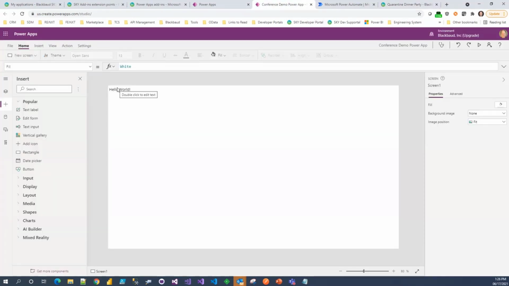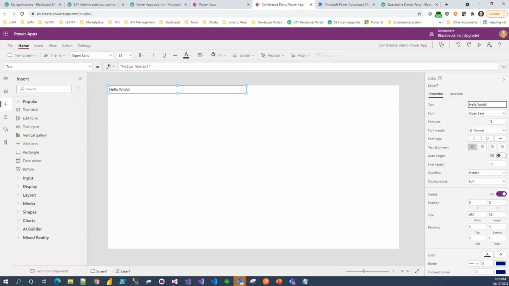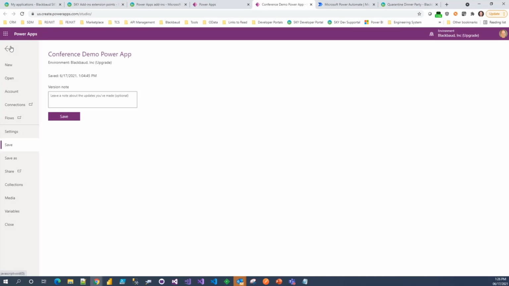We'll go back to the design surface and let's make a change. So I'm going to update this label to say, instead of Hello World, let's put Hello World 2 here, just so we'll know we have something to show up. And the other thing I want to do, as long as I'm in here, is try and make the scaling work a little bit better. So I'm going to go into the File menu within the Power Apps website, and I'm going to click on Settings,